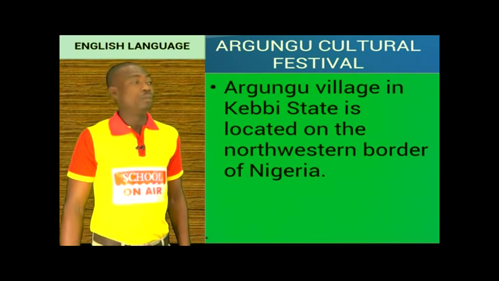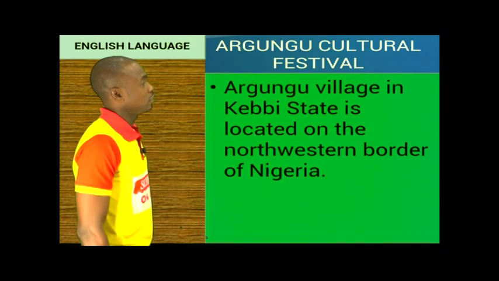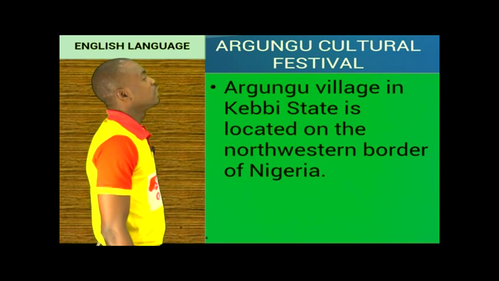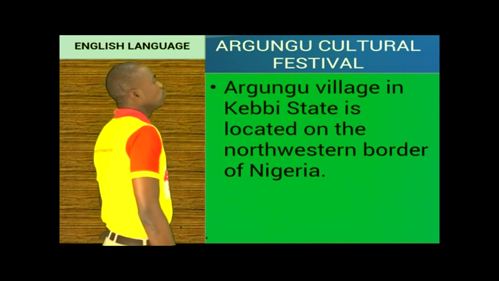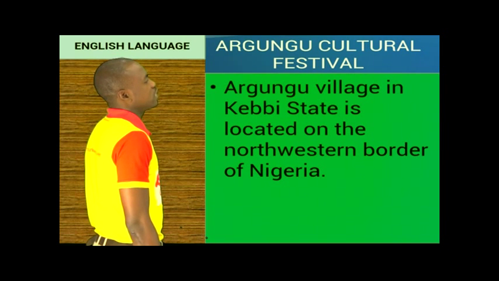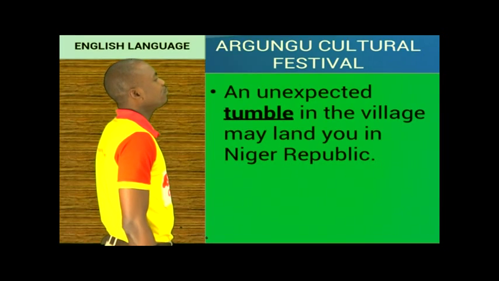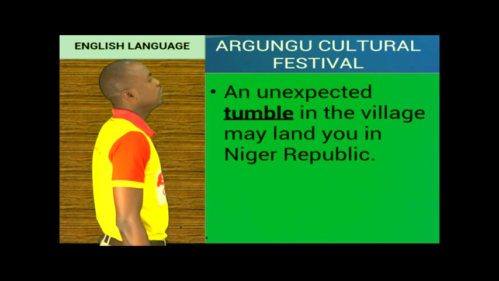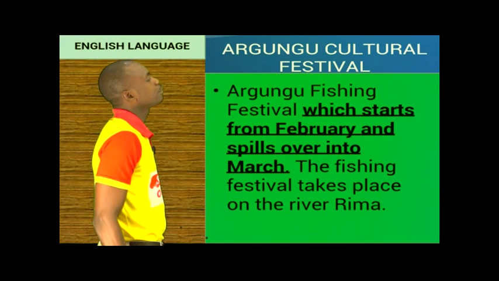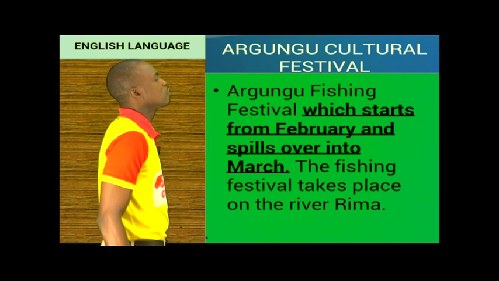To practice everything that we've been discussing, let us use this passage to do the practice. I will read to your hearing now and follow me as I read. This is a passage on Agugu Cultural Festival. Agugu village in Kebbi State is located on the northwestern border of Nigeria. An unexpected tumble in the village may land you in Niger Republic. Agugu Cultural Festival, which starts from February and spills over into March,